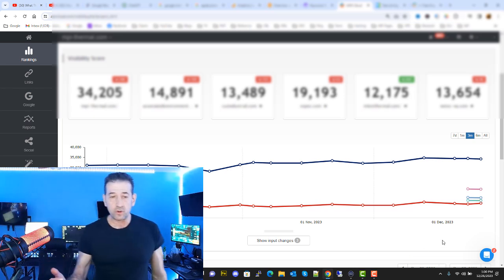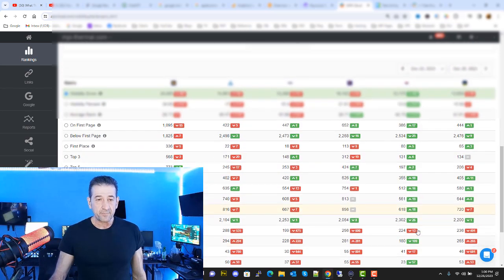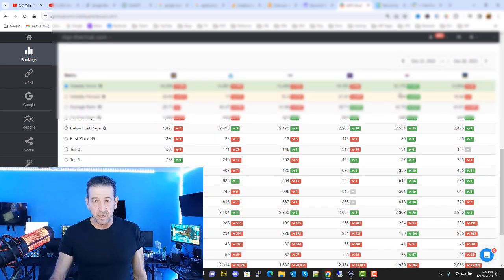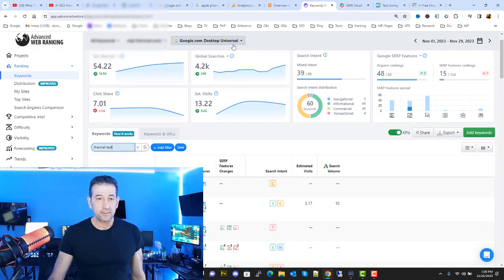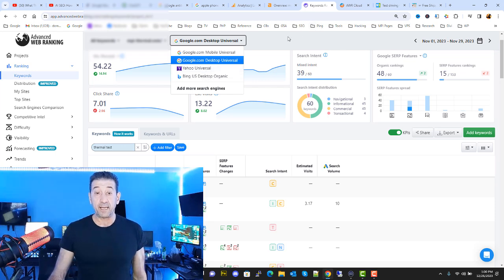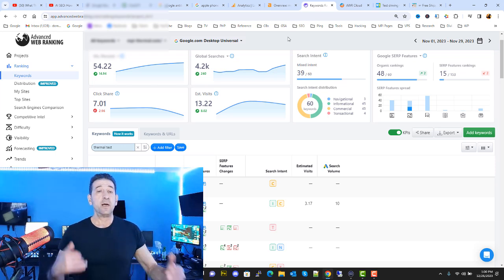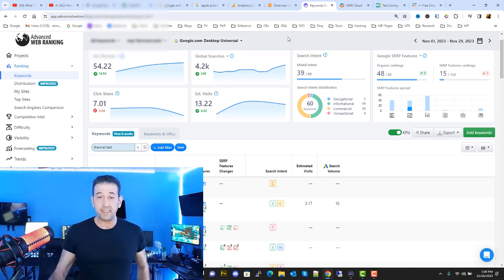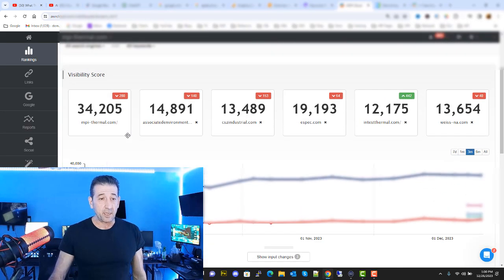Now, what these charts represent is visibility, and that visibility is based on these companies and the average of phrases for the engines that I'm tracking. I'm tracking Google Mobile, Google Desktop, Yahoo, and Bing. They have all sorts of additional options, Yandex, other search engines, but those are the ones I need because I have separate mobile pages for this client. These give me the up or down positions.